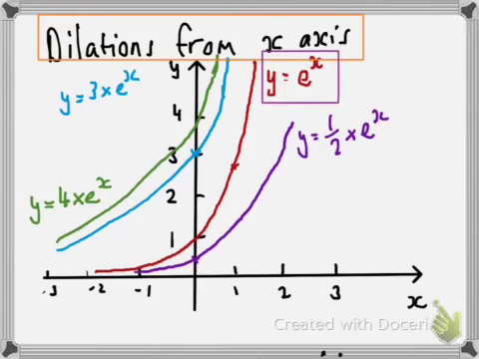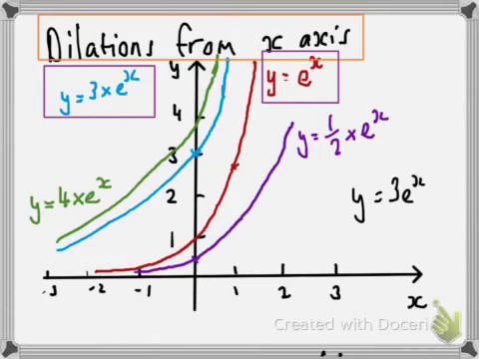Next one I'll point out is the blue graph, which is y equals 3 times e to the power of x, sometimes written as just y equals 3e to the power of x. The multiplication sign is not always there. And that's the blue graph, and if you contrast the brown and the blue graph, you can see,